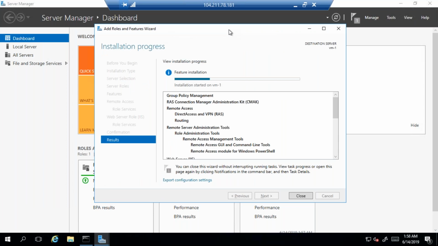Once the installation is done, we have to go and configure this role. Let that get installed.